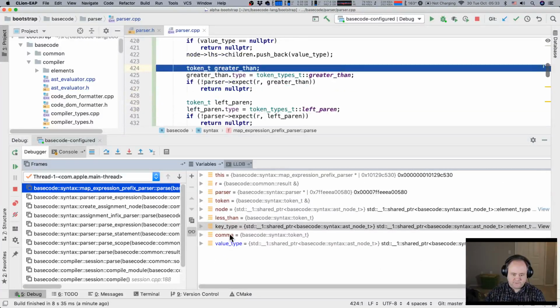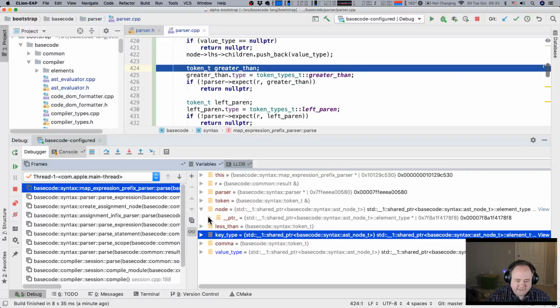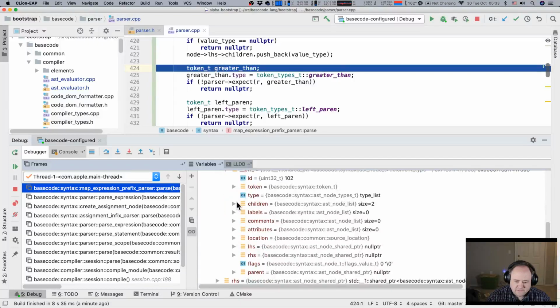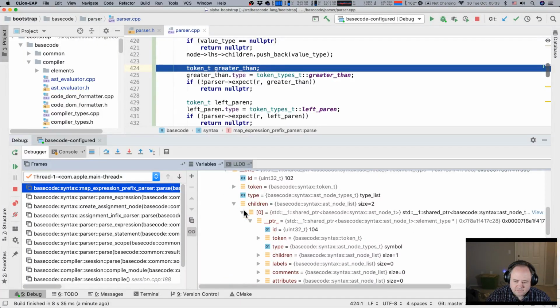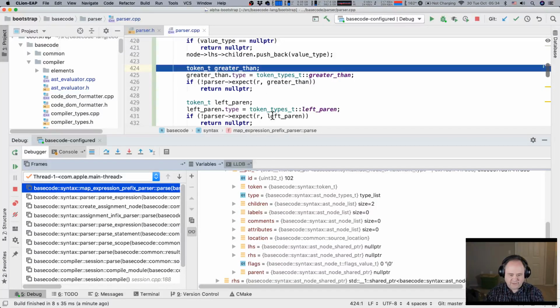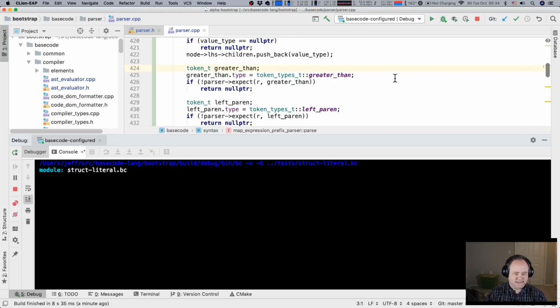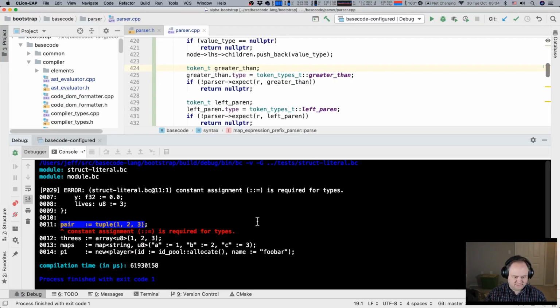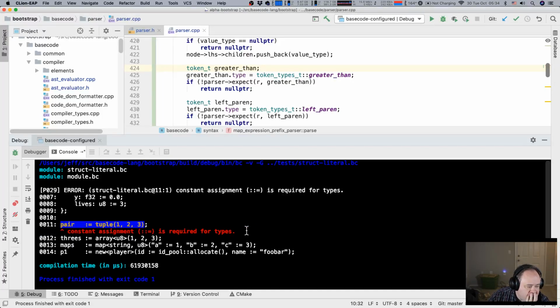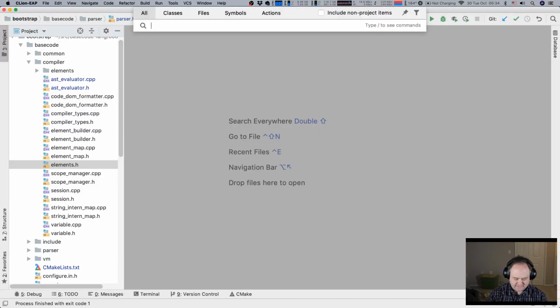There you go. So now node left-hand side is a type list that has two children, symbol and symbol. Perfect. Why did it stop? It didn't. Okay, that was weird. Yeah, this one's tricky. I mean, technically that's working correctly.